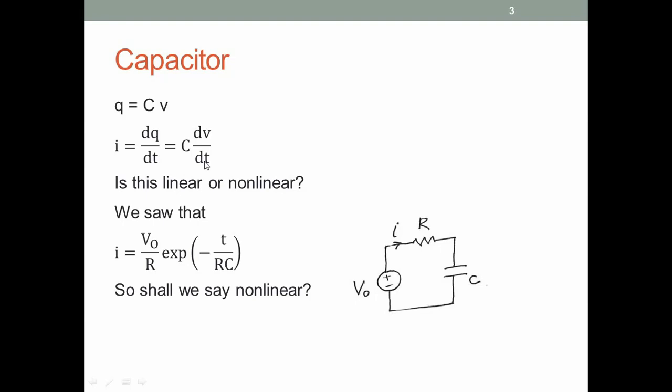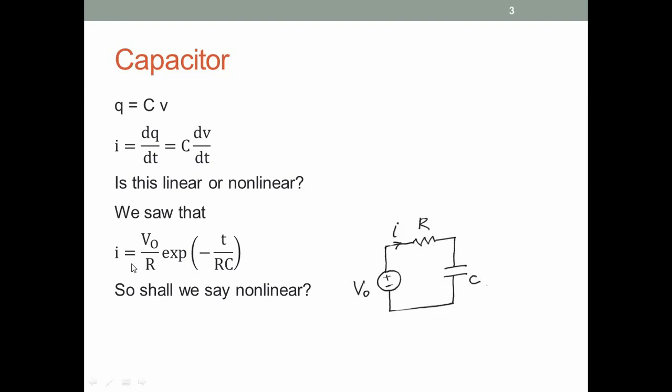Is this a linear relationship or non-linear? Slightly unclear, we shall see. Last lecture we saw that if we have this circuit, a simple RC circuit with a constant voltage source, then the current in this circuit as a function of time can be written as V0/R times exponential of minus t/RC. We may be tempted to conclude from this that the capacitor is a nonlinear element, but